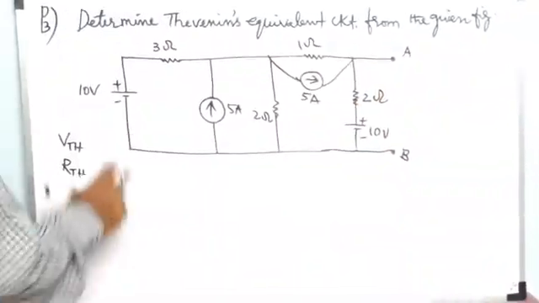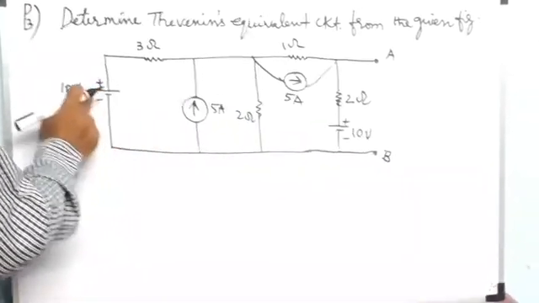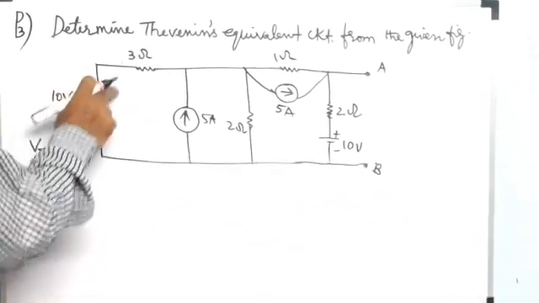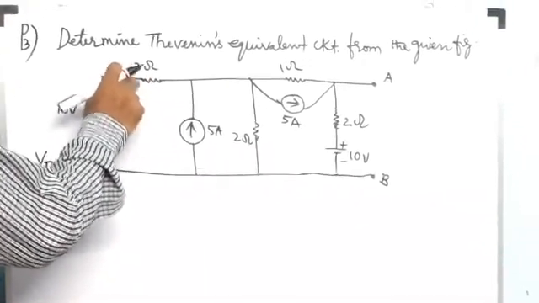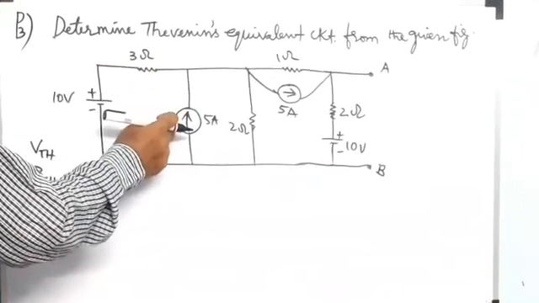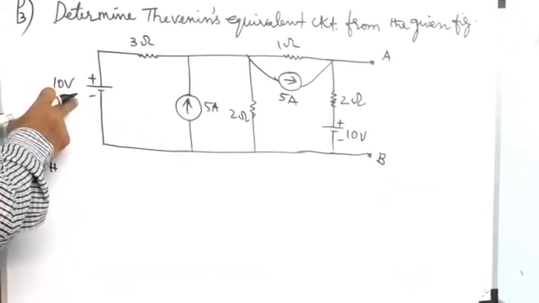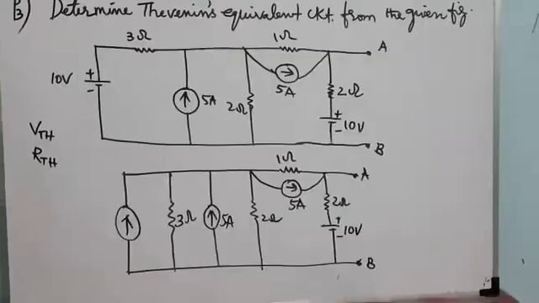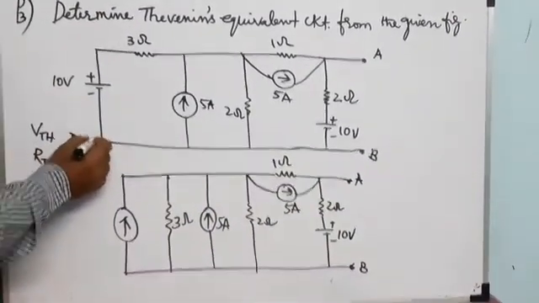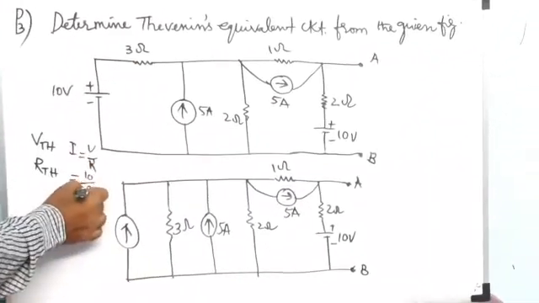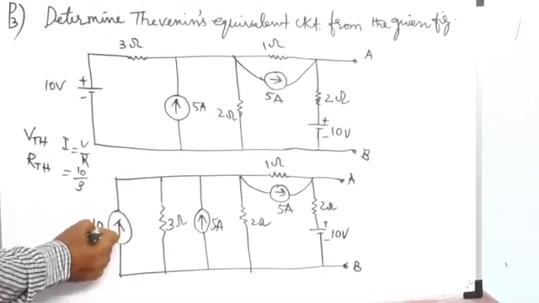Okay, now here a current source is there, here a voltage source is there. The condition is that an independent voltage source is connected with internal resistance, which should be connected in series. If it is a current source, the resistance is in parallel. Okay, I want to replace this voltage source with a current source. Now I am rearranging this circuit. So voltage is converted into current. So I is equal to V by R. So V how much? 10. And R is 3. So 10 by 3.